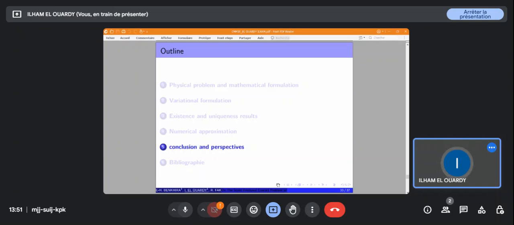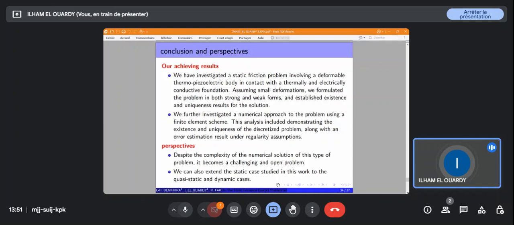So to close my talk, I will mention some conclusions and perspectives. In this work, we have investigated a static frictional problem involving a deformable thermo-piezoelectric body in contact with a thermally and electrically conductive obstacle. In small deformation, we formulated the problem in both strong and weak forms and established the existence and uniqueness of the solution. Also, we investigated a numerical approximation of the variational problem using the finite element method. These analyses include demonstrating the existence and uniqueness of the discrete problem along with an error estimate result